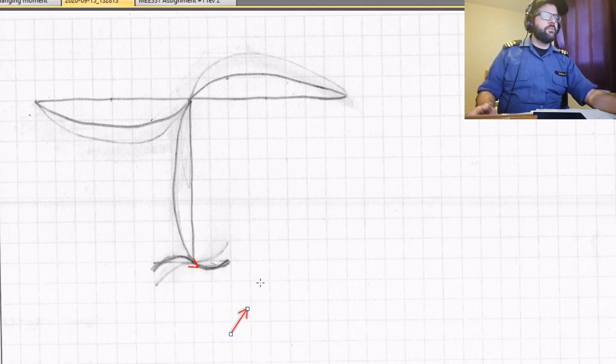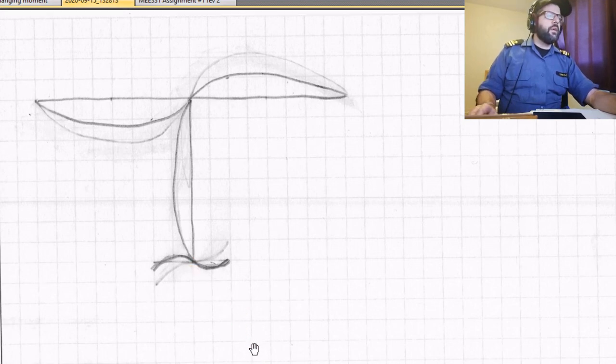I didn't mean to do that. We'll get rid of those arrows. And yeah, so that's a very exaggerated version of what the displacement